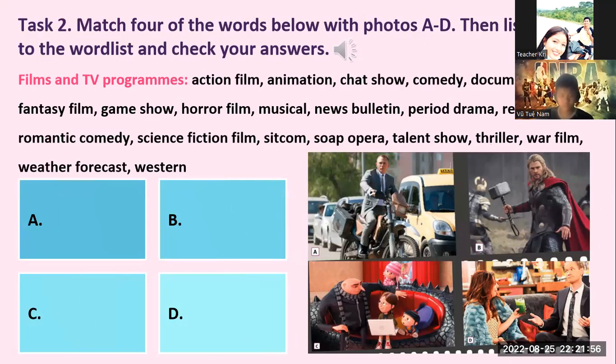Our task number 2 is we are going to match four of the words below with photos A to D. Then listen to the word list and check your answers. Now this time, these are the films and TV programs. Let's read it first. Please repeat after me. Action film,